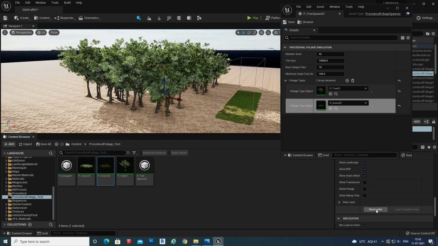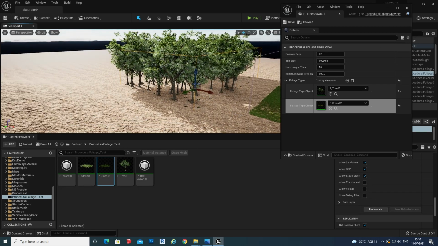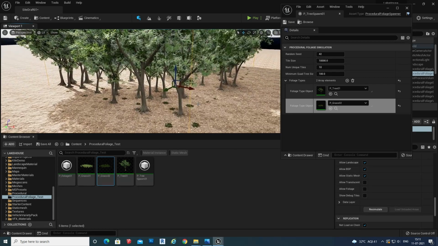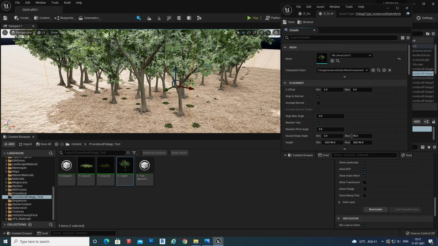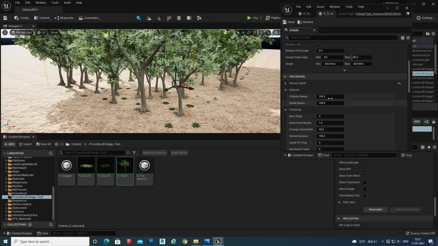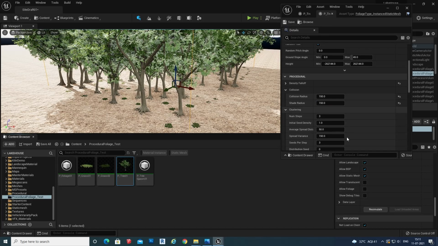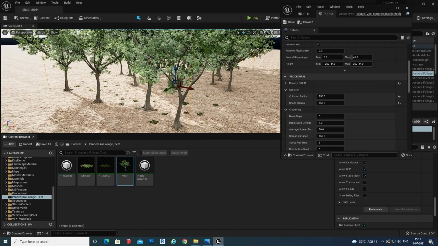Save it, resimulate. Now you can see some of the trees get reduced and replaced with this. I'm going to collision and increasing this so that I will get fewer trees and the grass will spawn more.